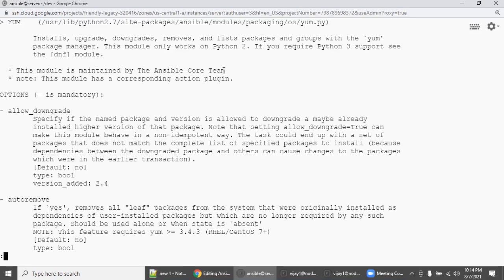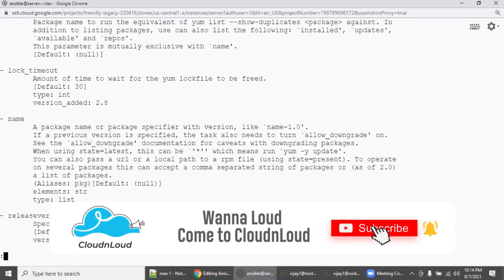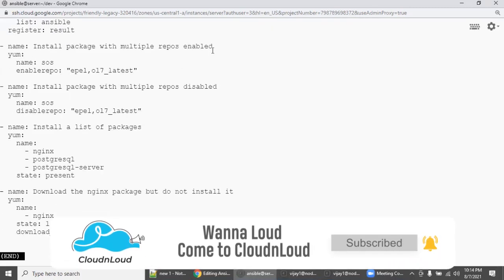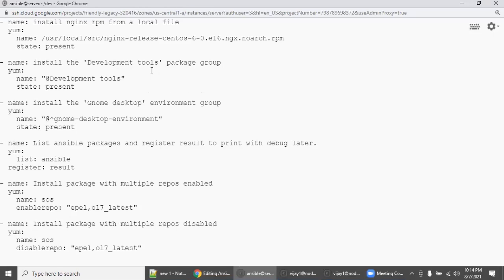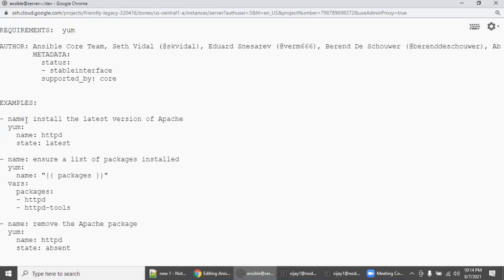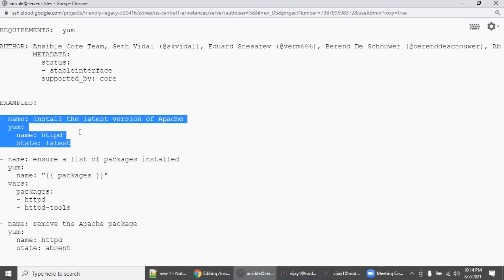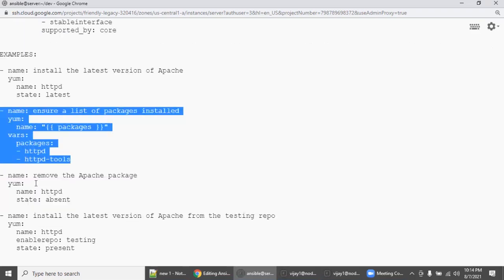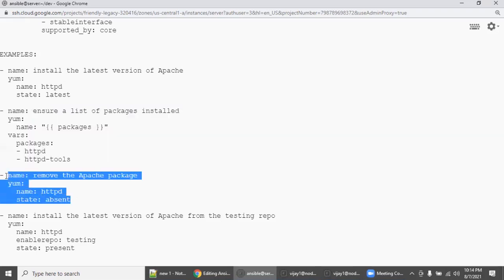ansible-doc yum. So go inside the help. It's kind of a Unix man page. Go down. Every module will have a minimum of 5 to 6 examples, right? If you look at the examples, the first example shows HTTPD installation, the second is multiple packages, and the third is removing the package.